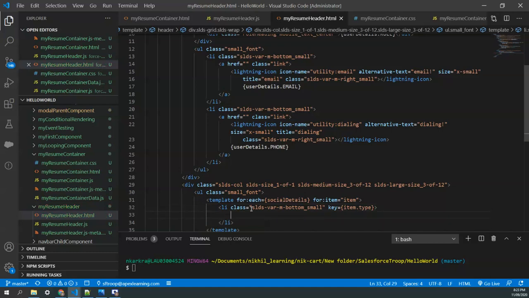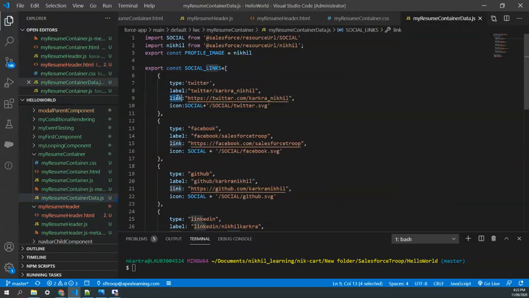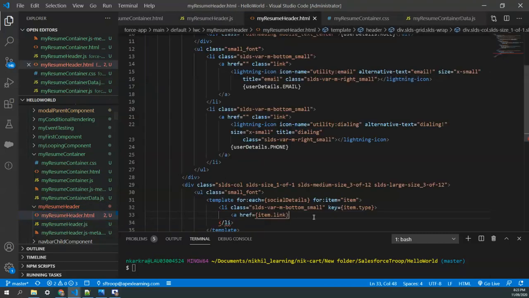And within this, we're going to create our a tag, and the a tag should be the link on which it should navigate. So in our data here, we already created a link tag. So link where it should navigate, label, type, and icon. Okay. I'll go to HTML. On click of this a tag, it should go to the link, but it should open in a new tab. So I'll say target should be underscore blank. Blank means always on click it should open a new tab. Take a class link,